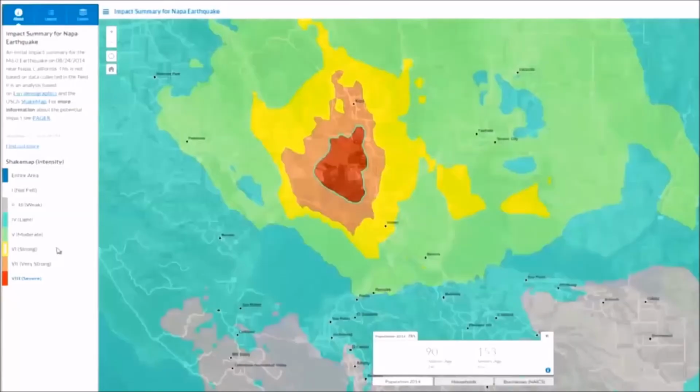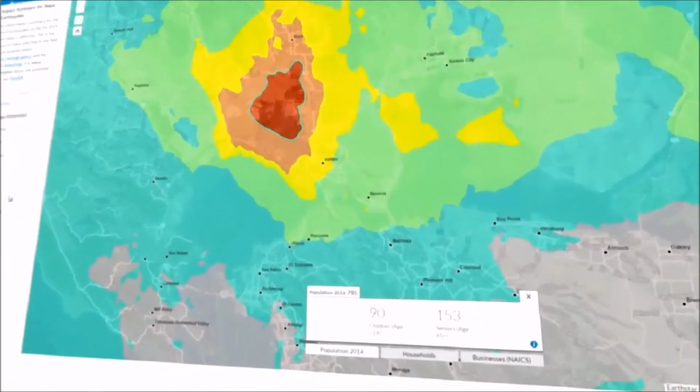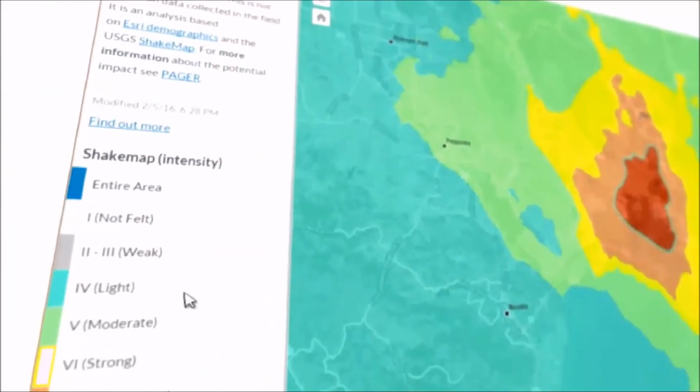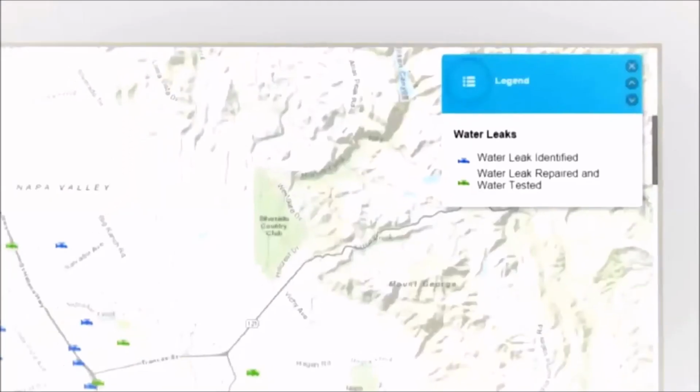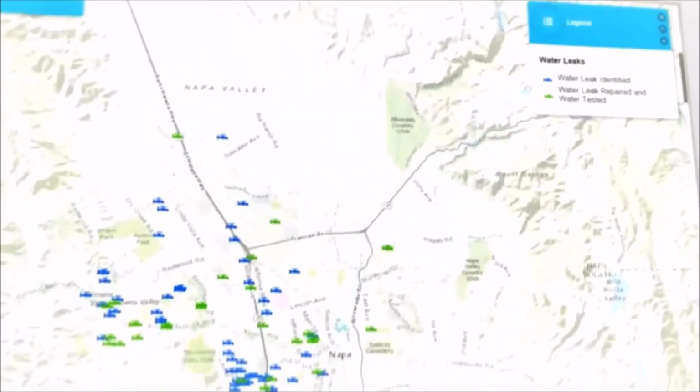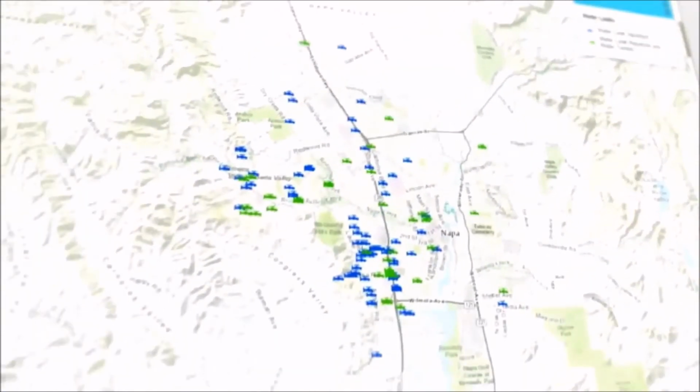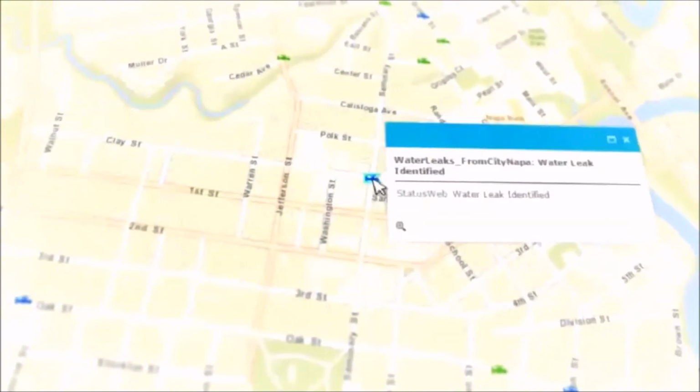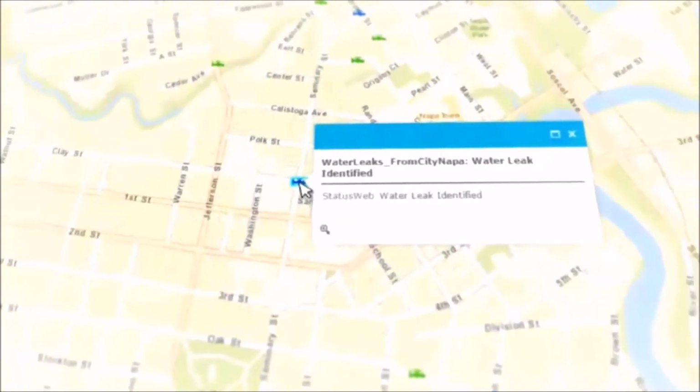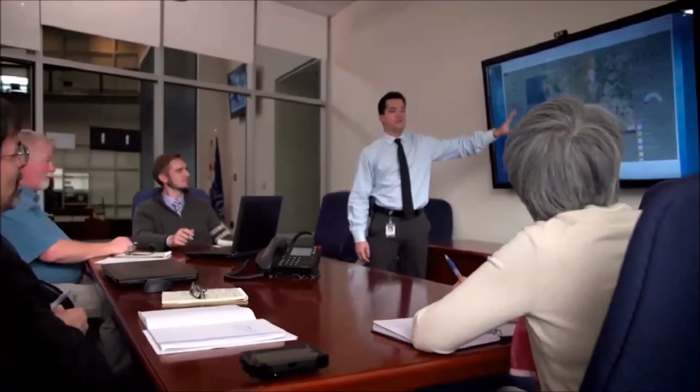So during the Napa earthquake, the decision was made to bring Esri in to show us what is possible, what capabilities they have. That was actually, I think, probably one of those key use cases for moving to a digital map. The ability to start seeing water leaks in real time and like, okay, when did that happen? 3 minutes ago. That is something that you couldn't do with a paper map. We went from, at best, 5% of online products to 95%. And that actually happened in about, say, 6 or 9 months of the Napa earthquake.